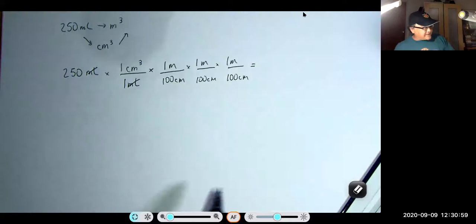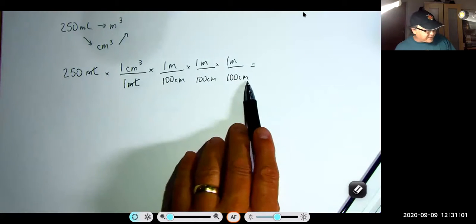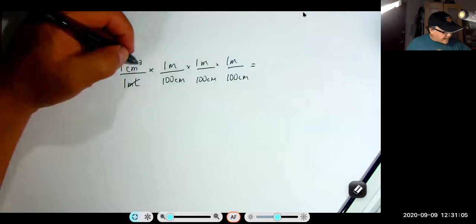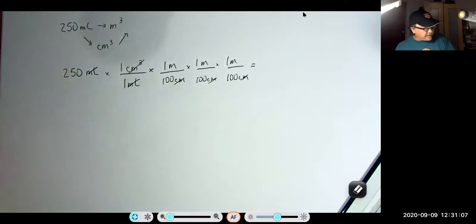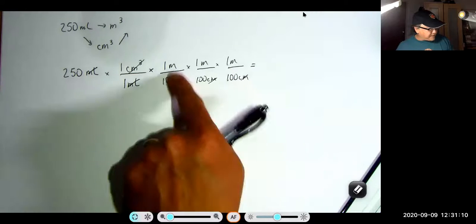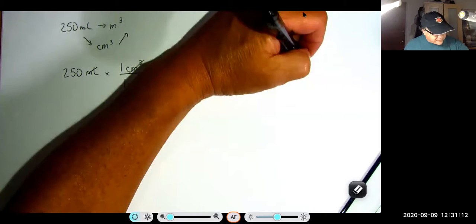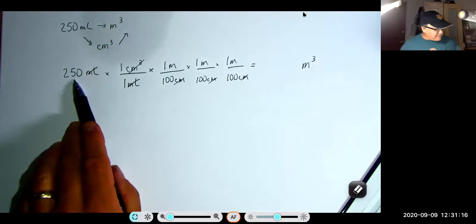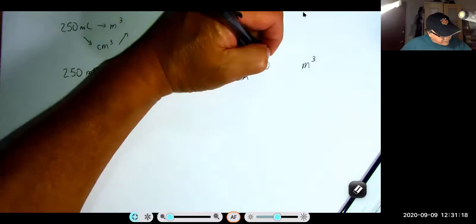Now this way I can see very easily that I have 3 centimeters on the bottom, 3 on the top, and therefore they cancel. I'm going to be left with meters cubed. And here we're going to have basically 250 divided by a million,